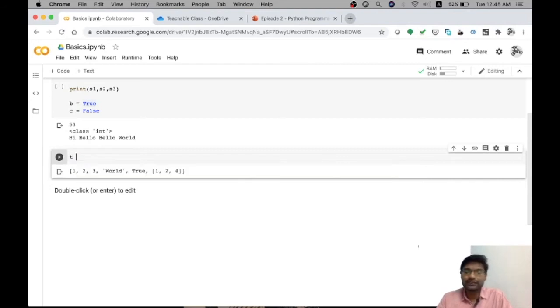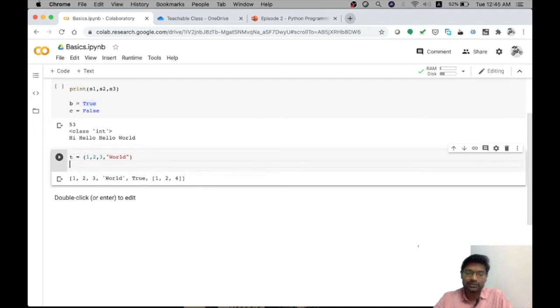To create a tuple, I simply have to use curved brackets, open and close, to create an empty tuple. If I want to add values initially when I am creating a tuple, I can store values this way, and a tuple can also hold a mix of multiple data types. But then why is a tuple required if it is the same as a list? Let's understand that. There is one key difference.